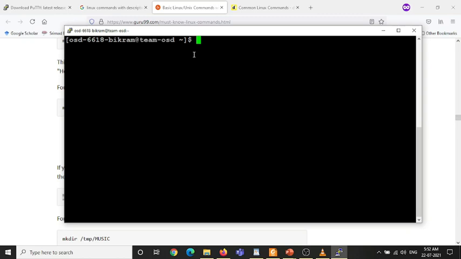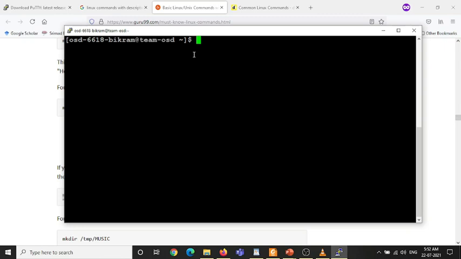Fine. Now we'll see how to create a C file. Creating a C file is very easy, but using the command line interface and writing the C program, we'll see how this is done in this Linux system.